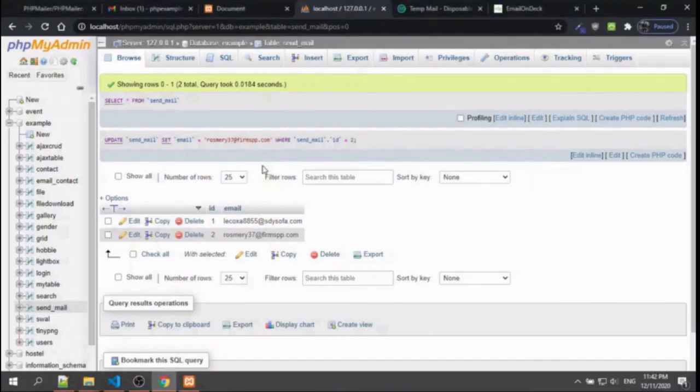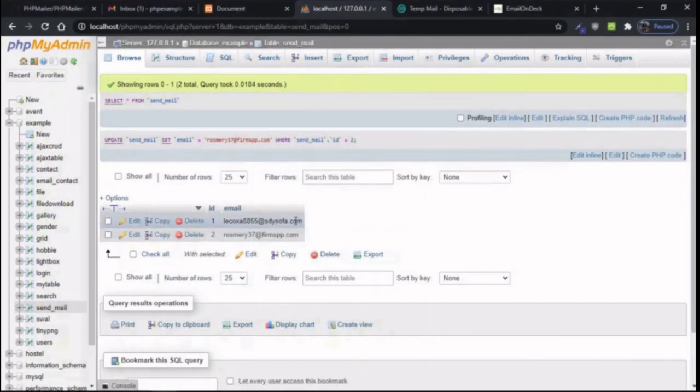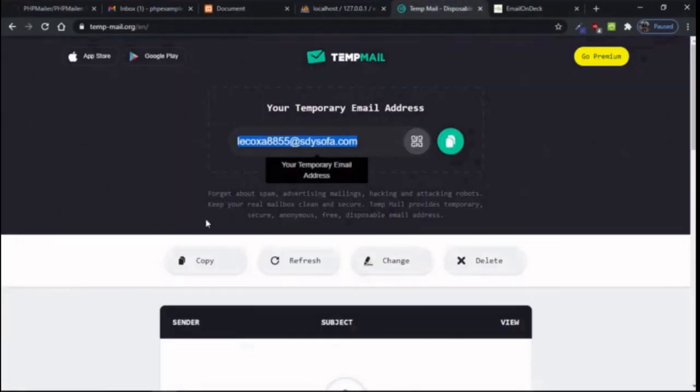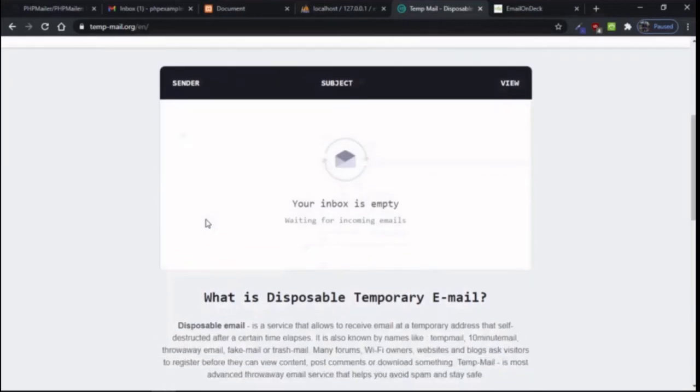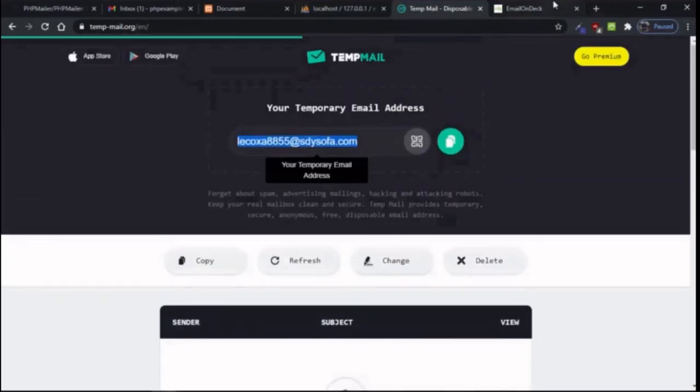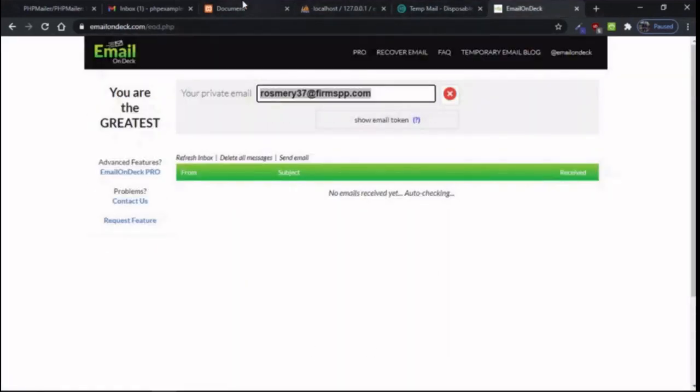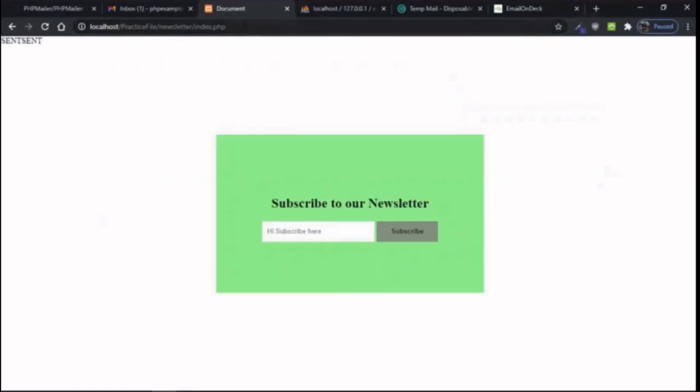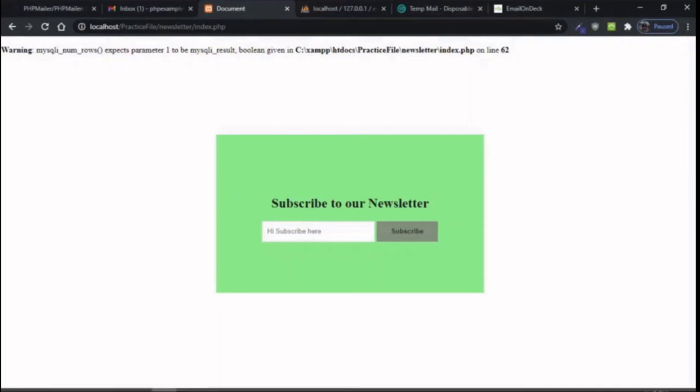So in our database we have these two email addresses. You can see that the inbox is empty. So let's refresh the page. Okay, we have some errors.